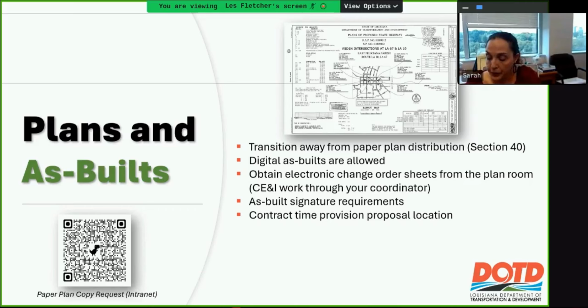We're moving to digital as-built slowly. So as of right now, we'll be accepting digital as-built, and going forward, as-built plans will require only a signature on the title sheet when you're verifying and checking those plans. You're still responsible for all the marked pages and any of the changes marked in the field, but